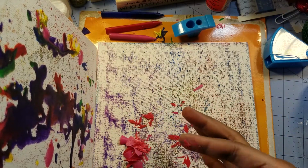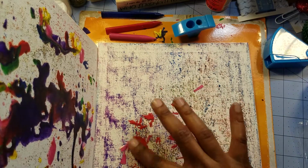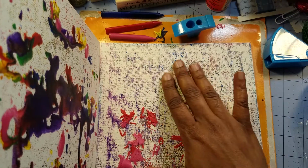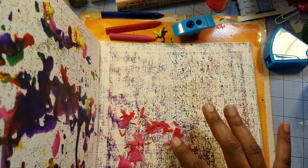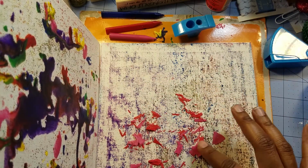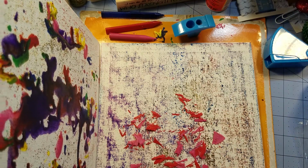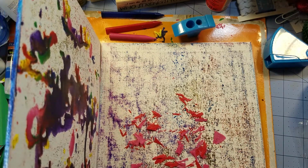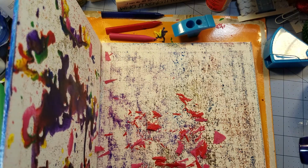And I'm just going to take my finger, and it's still plastic. I guess the crayon shaving is still plastic. It's not melted because the surface is no longer hot. But I want to keep it kind of here, because once I hit it with the heating tool, the shavings will fly away. I'm going to have to figure out how to clean this mat at some point, like give it a good cleaning. So I'm going to go at it at an angle first,